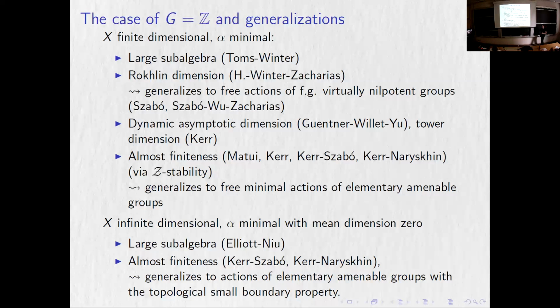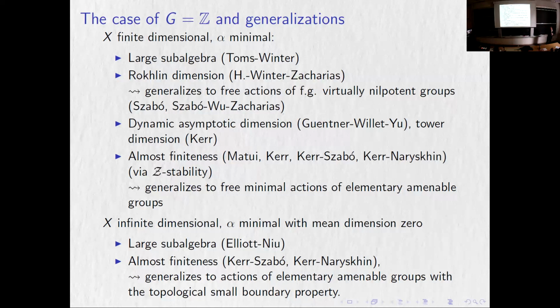We proved two theorems: A, that if you have an action of the integers, or finite groups, on something, if A has finite nuclear dimension and the action has finite Rokhlin dimension, then the crossed product has finite nuclear dimension. And there's also a proof that for minimal actions of the integers, you always have finite Rokhlin dimension, free and minimal.